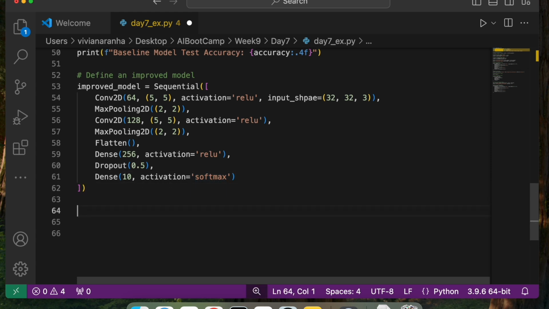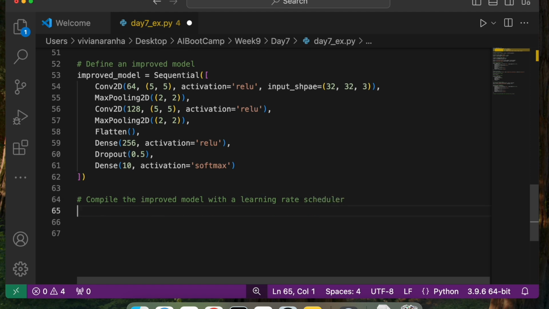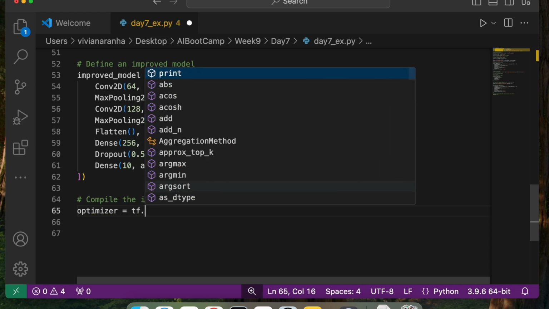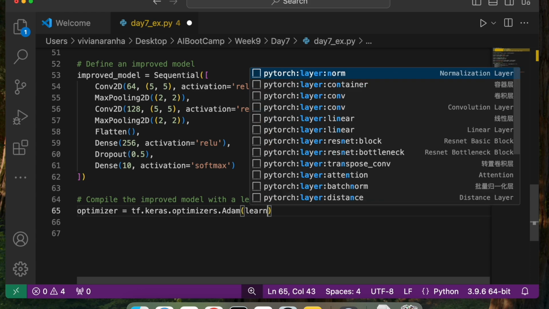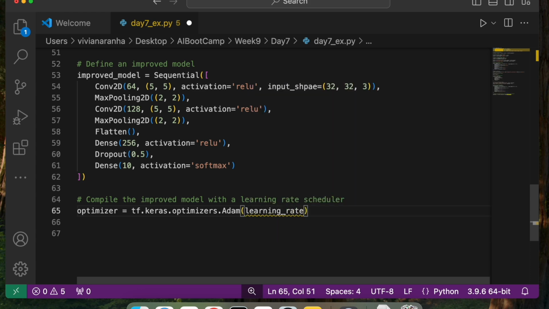Now once I have this completed, I am going to compile the improved model with a learning rate scheduler. So for that, I am going to create optimizer equal to tf.keras.optimizers.Adam, and I am going to give it a learning rate equal to 0.001.